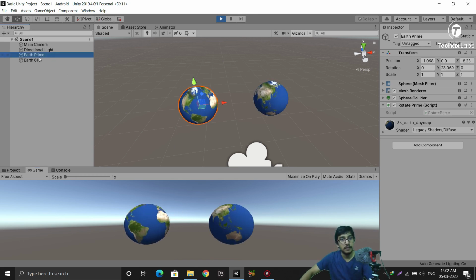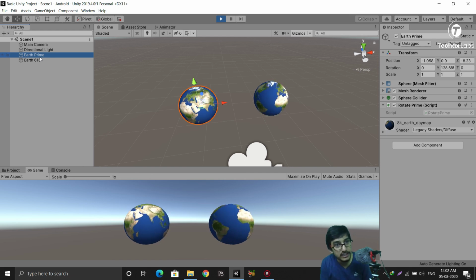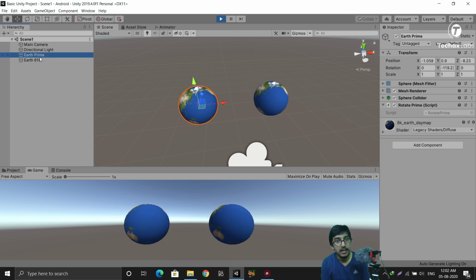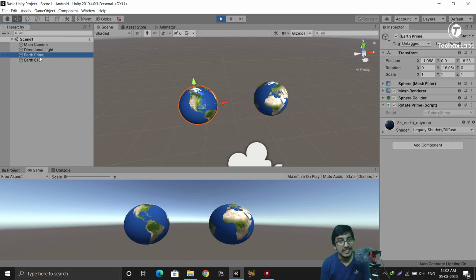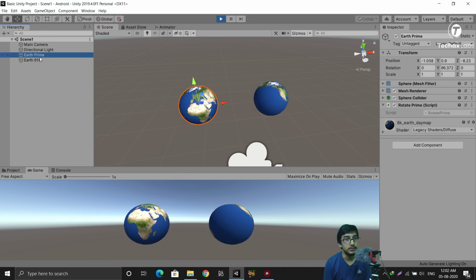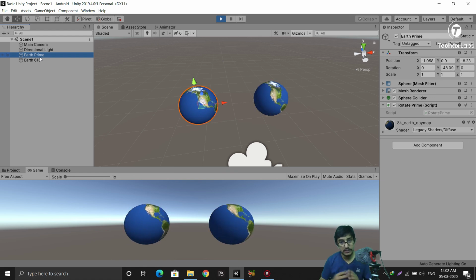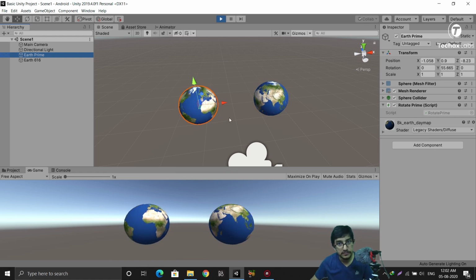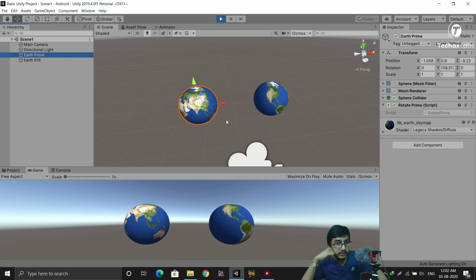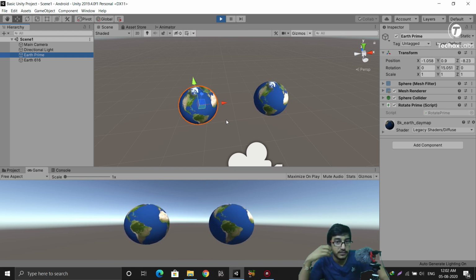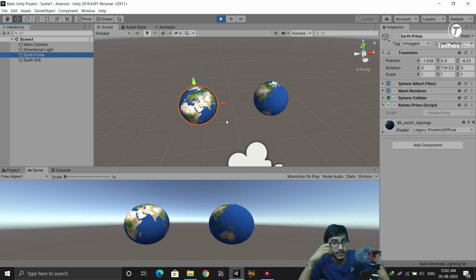The Earth Prime is rotating using the function Time.deltaTime, and the Earth 616 is just rotating with a speed of 2 without any function Time.deltaTime. But you can actually see here in the game window, the rotation of this Earth Prime is looking a bit natural, and this rotation of Earth 616 is not that natural.